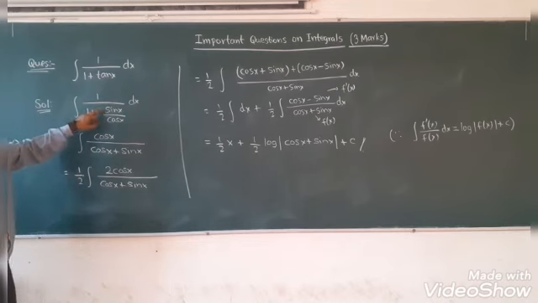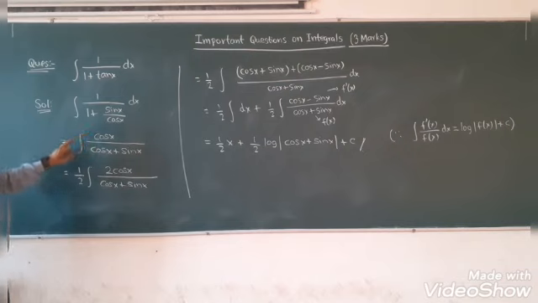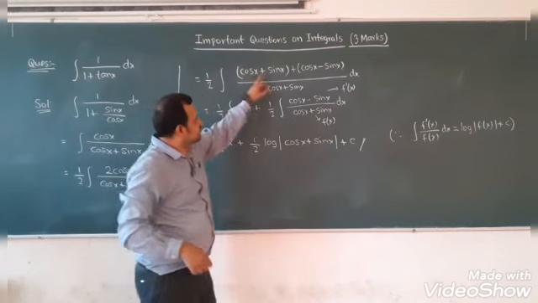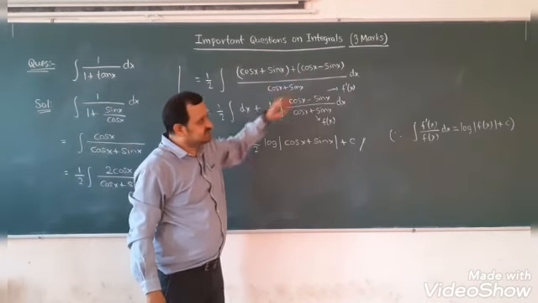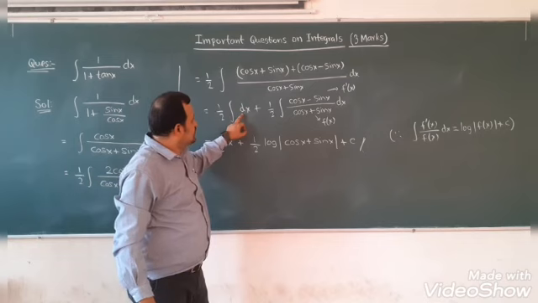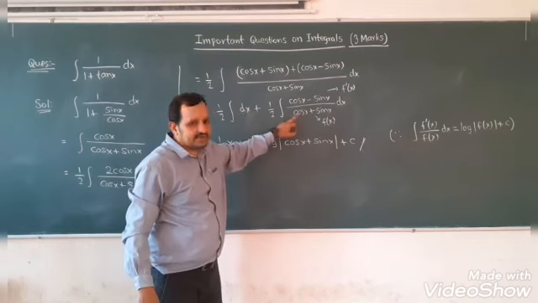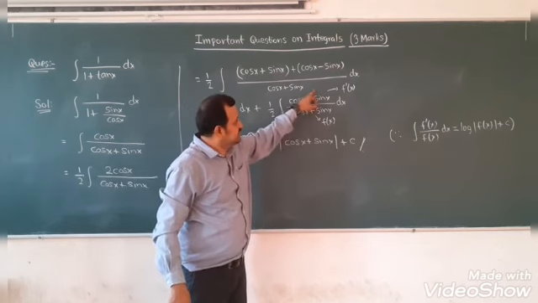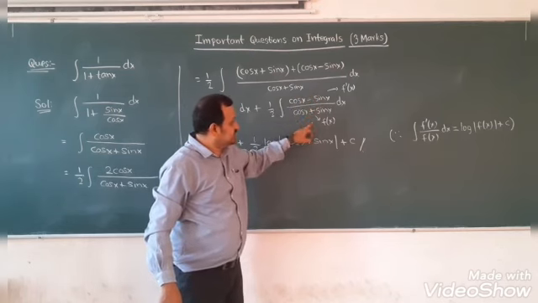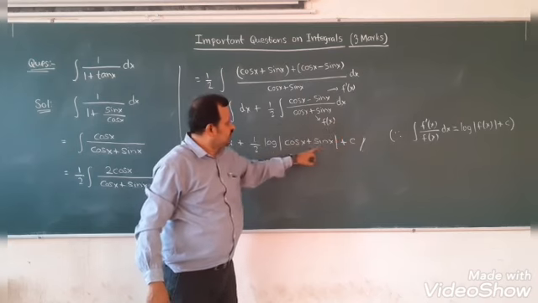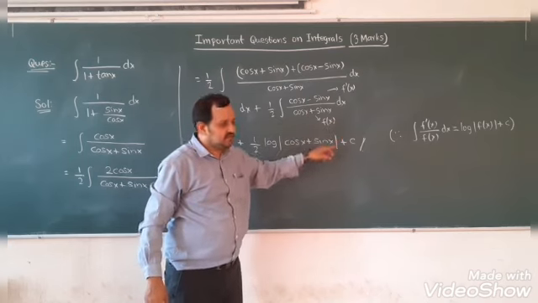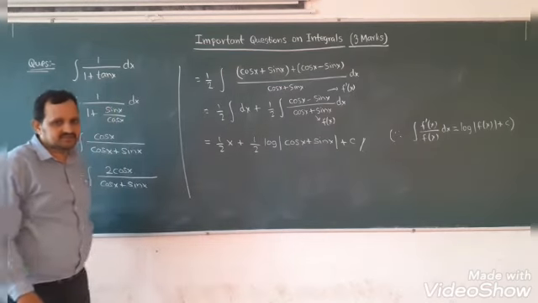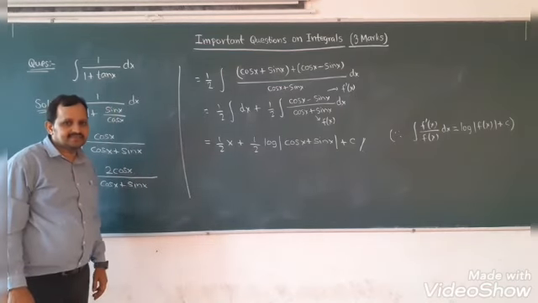So tan x we can write as sin x by cos x. Take LCM, cos will go up, multiply and divide by 2. 2 cos x we can write as cos x plus sin x plus cos x minus sin x. Separate. So one side you will get dx, other side you will get this. So by applying that result, if this is f of x, this is f dash x. So the result is saying log of mod of f of x plus c. So this is the required answer. I hope the solution is clear.